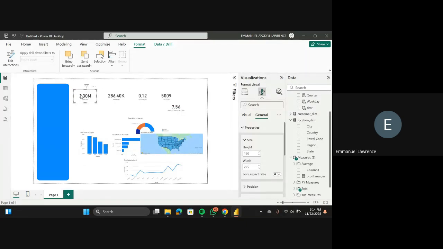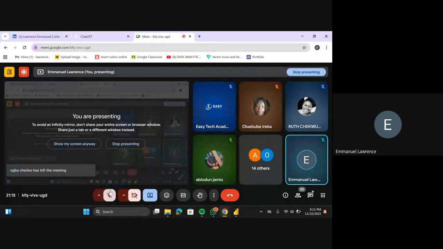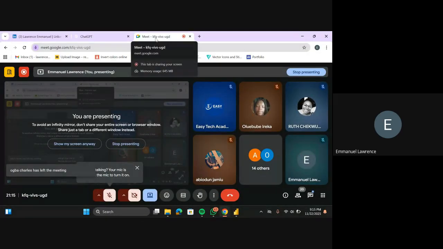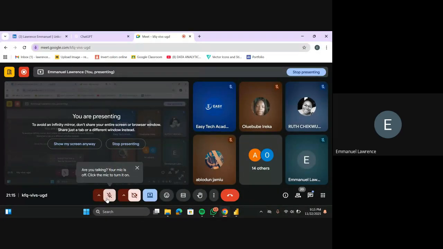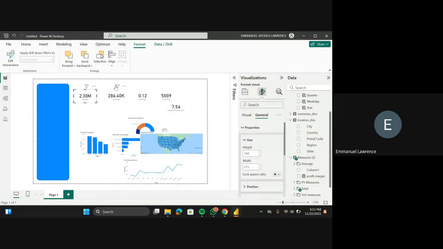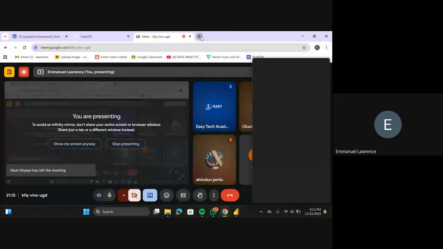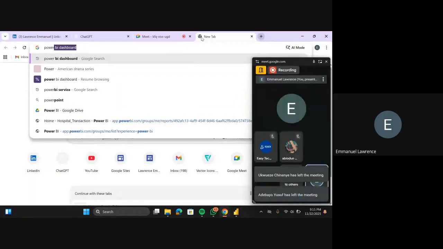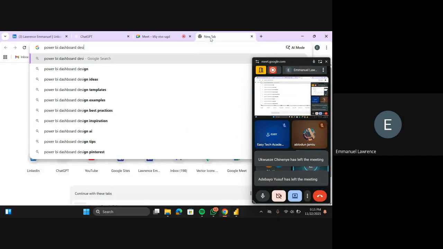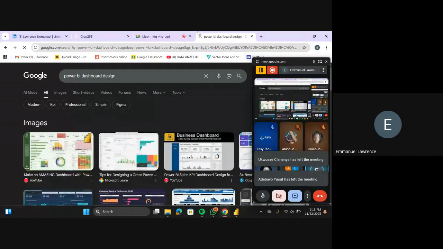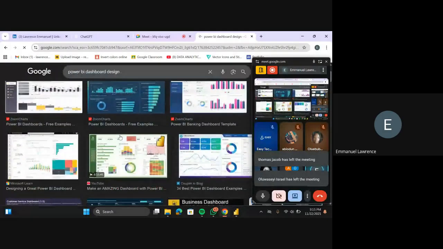In case you are looking for dashboard design, let's assume that I'm confused about the kind of dashboard design I want. Maybe you don't have a particular design in your head. You can come here and search for Power BI dashboard design on Google, then go to Images. You see a lot of designs here. There are a lot of designs online.